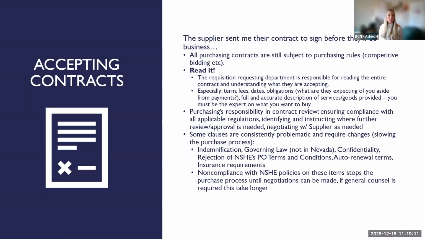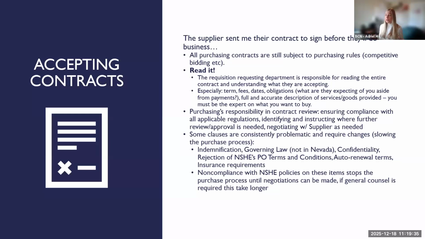So purchasing's responsibility is to make sure that we're compliant with any regulations. This includes NRS. This includes the Board of Regents Policy Handbook. This includes any institution rules, and our own purchasing policies. There are some clauses that we consistently see in contracts that are turned in by departments,